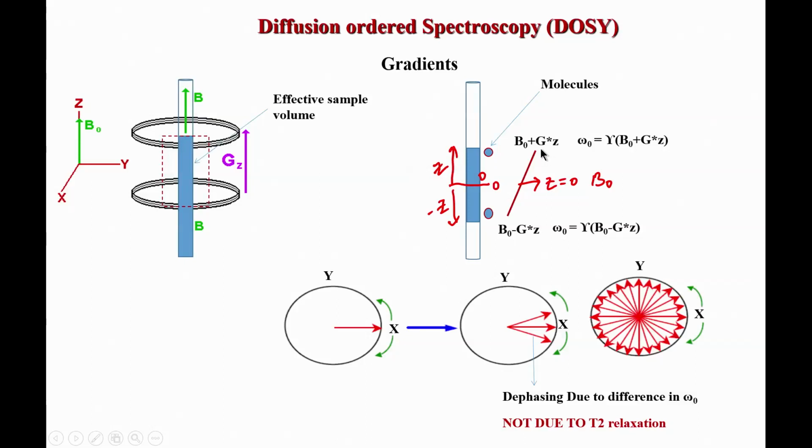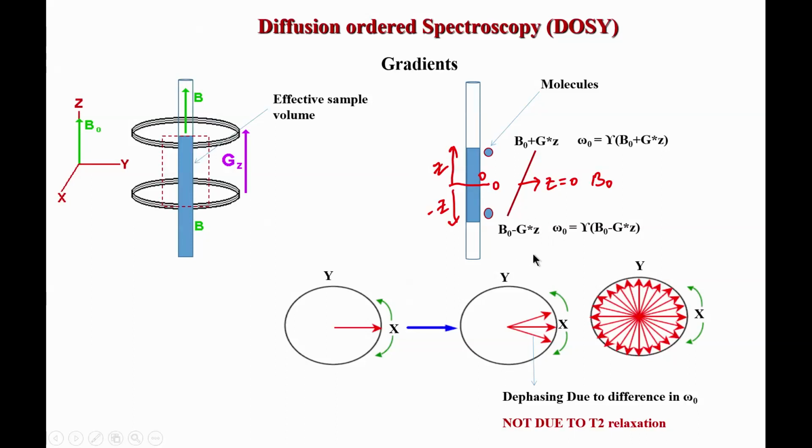The G value is the strength of the current in the coil, and that will decide how strong the additional magnetic field is. But another parameter is the time, that is, how long you apply the gradient. That does not affect the magnetic field; it only tells you how long the magnetic field is present. As I mentioned, it is typically of the order of a few milliseconds. So the gradients are very short in duration, and you can think of it as a pulse.